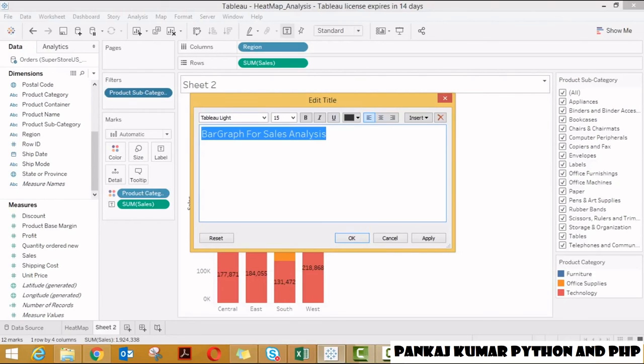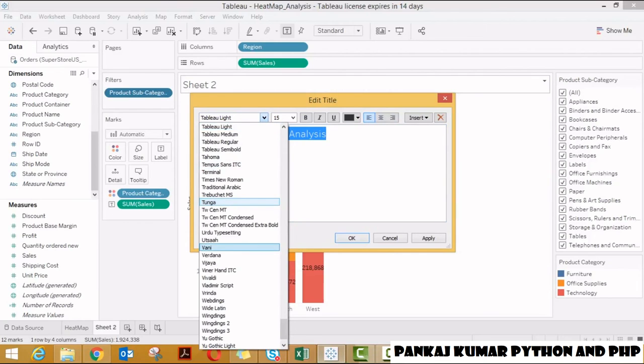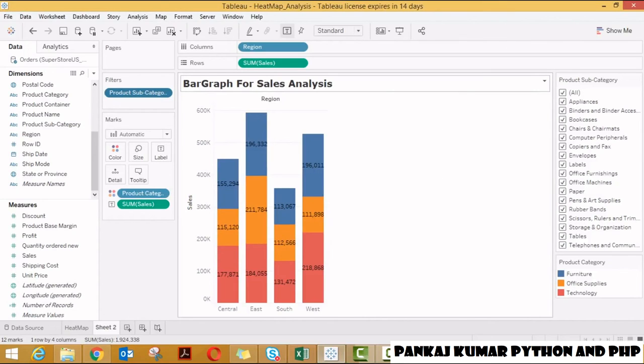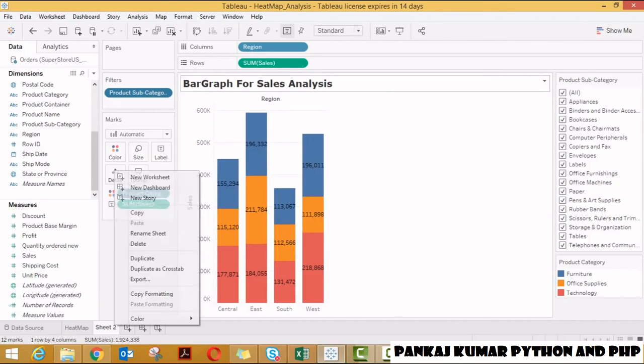I want it in the center, so let us put it in the center, and then bold. Okay, let me rename the sheet.